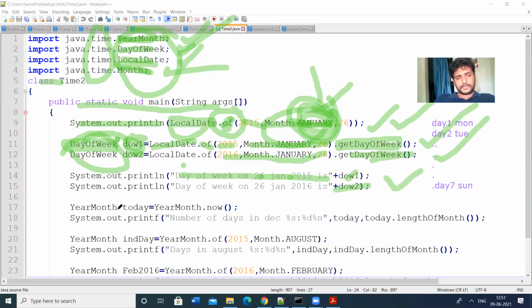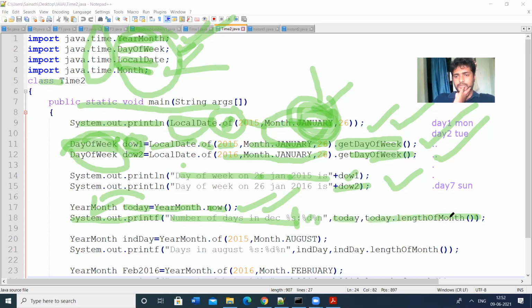Then we are creating another object today of type YearMonth, YearMonth.now. It displays the year and month, that means 2021-06. That will be displayed here. The output is displayed with System.out.println, number of days in December %d, then %n, where %n means next line.